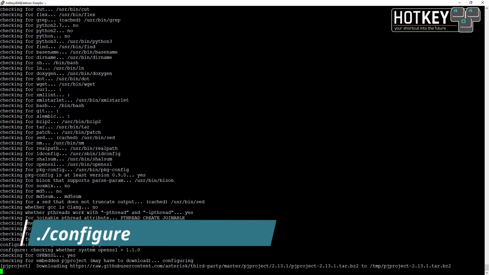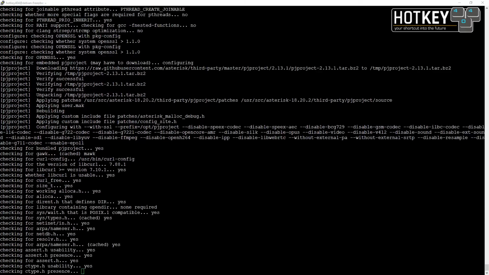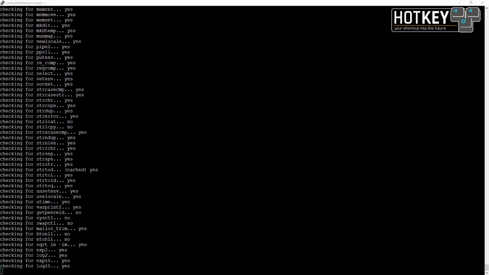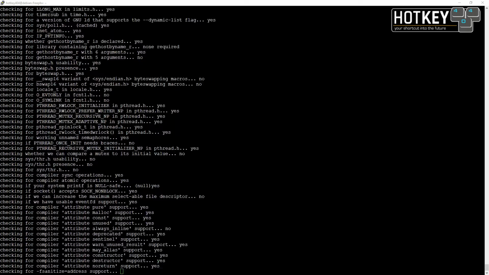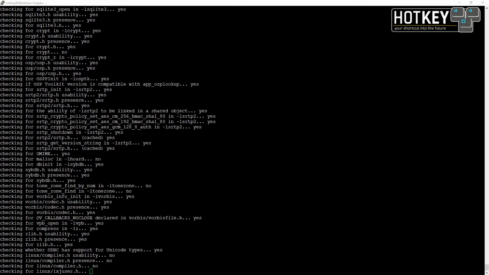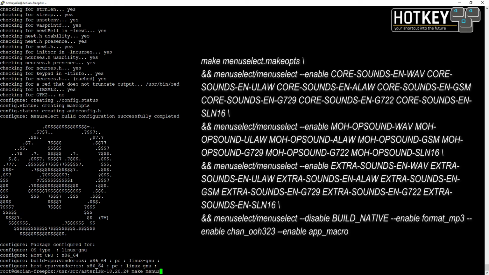Then the ./configure command checks your system to ensure all necessary tools and libraries are available for compiling Asterisk. So this is really a crucial step before building our software. It will take maybe a few minutes. After it completes, you have two options to execute make menuselect. You can use a ready-made script to automate this process if you are installing more than one server,